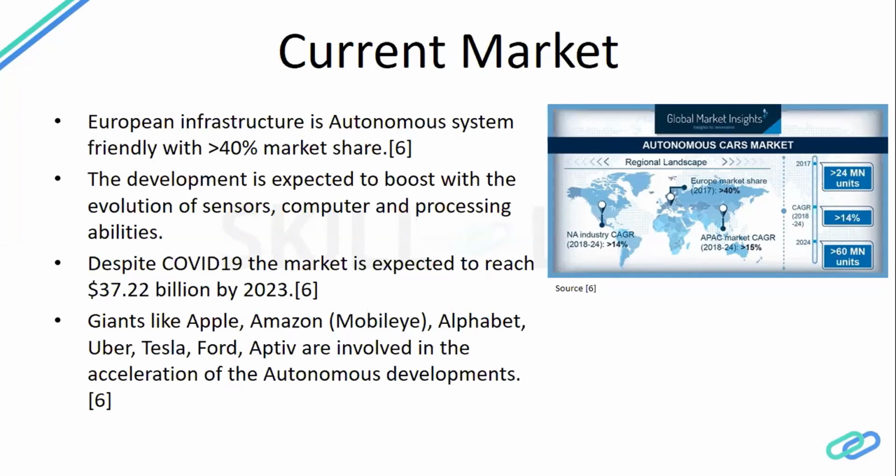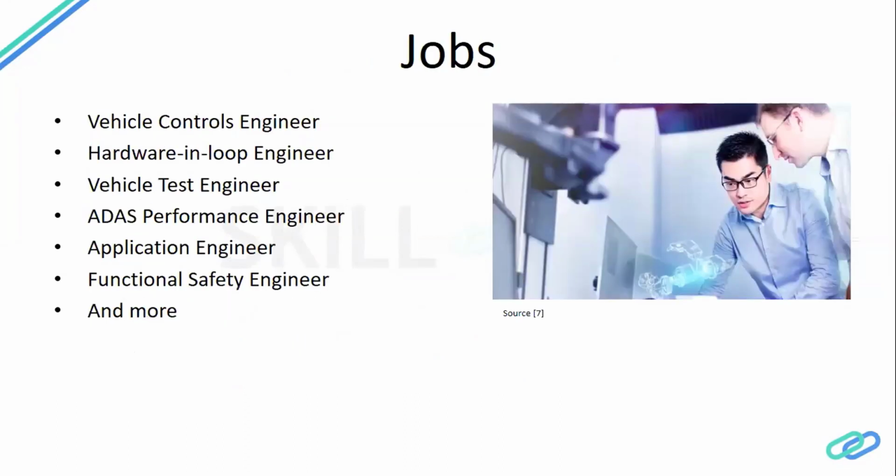And when the market is still there, when the companies are still investing in autonomous system development, then you have a lot of prospects as well. And that is the same thing with control systems, because the market is still active and people are still looking forward to driving autonomous cars, especially in Europe and Asian regions. In India, the infrastructure is a problem, but people are still enthusiastic for this kind of cars, and a lot of companies are involved in it.